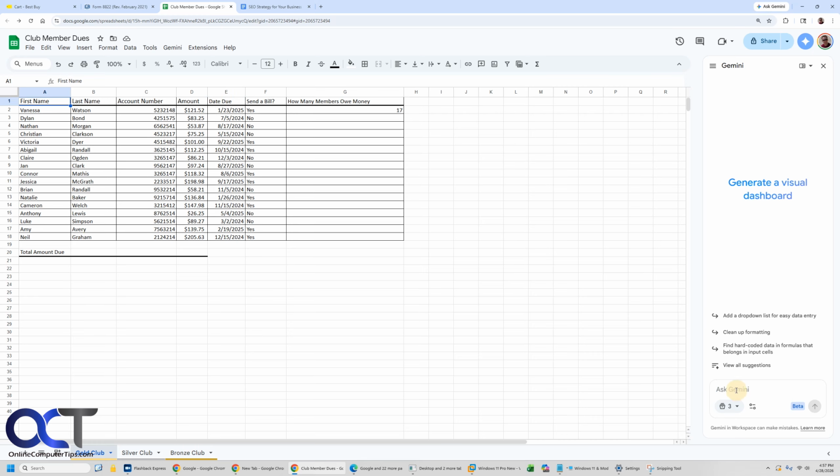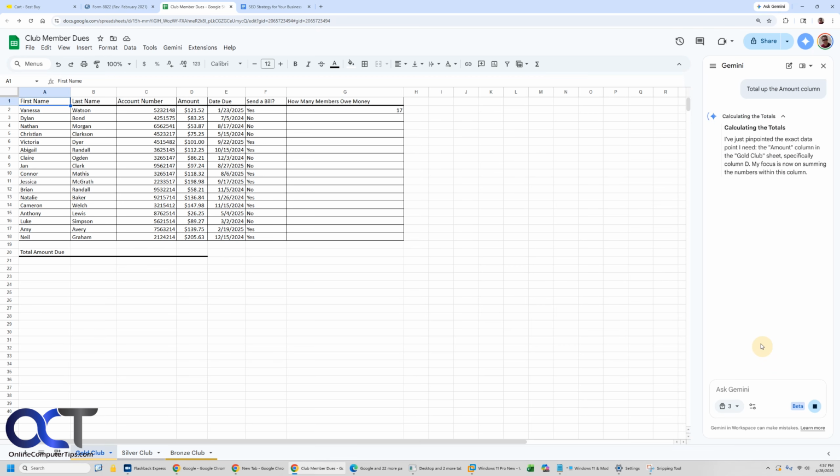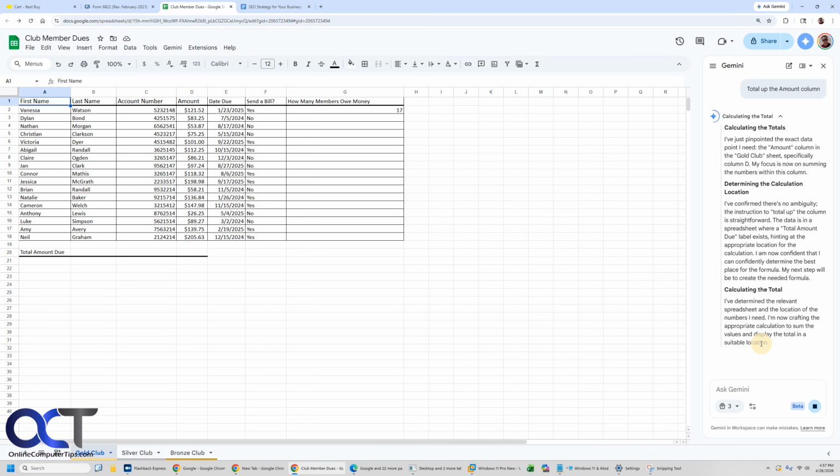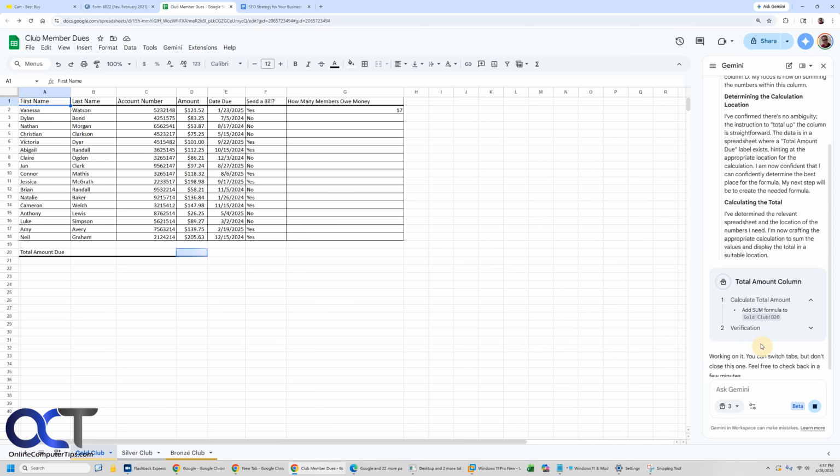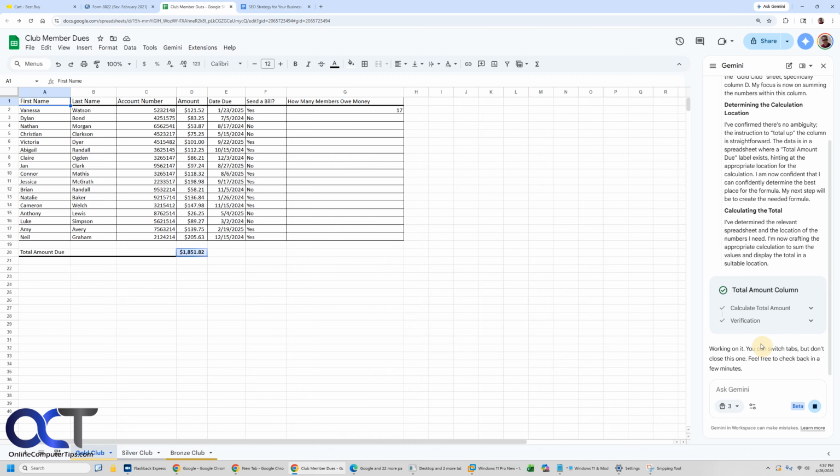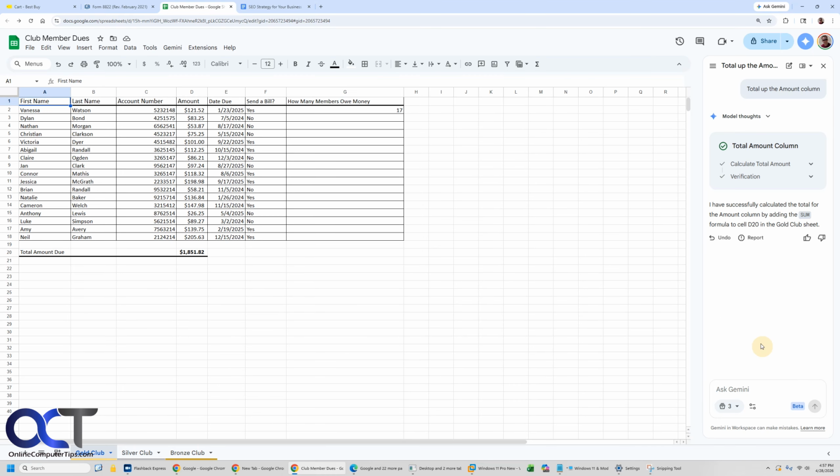So for example here, total up the amount column, and you can see right now it's in beta, so it's still in progress here. All right, so you can see it totaled it up and actually put it in the correct cell. All right, so now